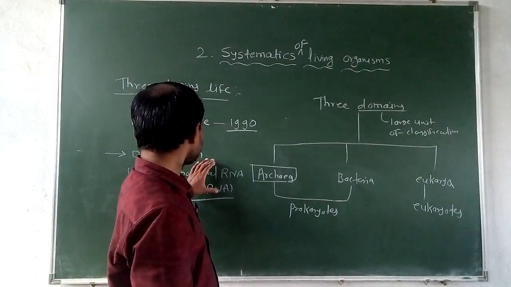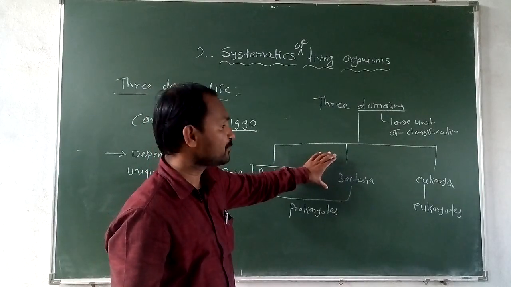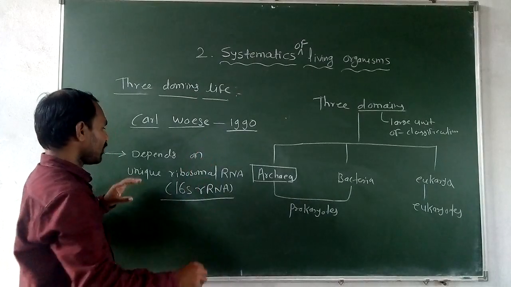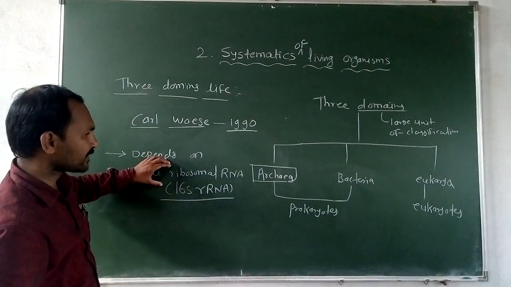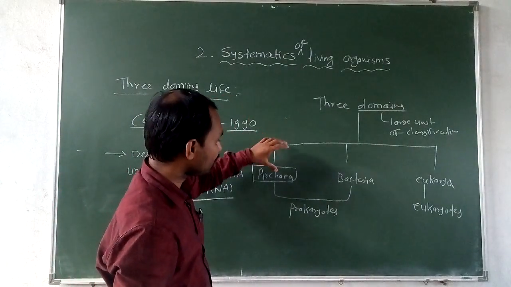Remember that the unique ribosomal RNA is 16S rRNA. By using this unique ribosomal RNA, these three domains of life were made by this scientist, Carl Woese. On the basis of the ribosomal RNA he classified living organisms into the three domains: